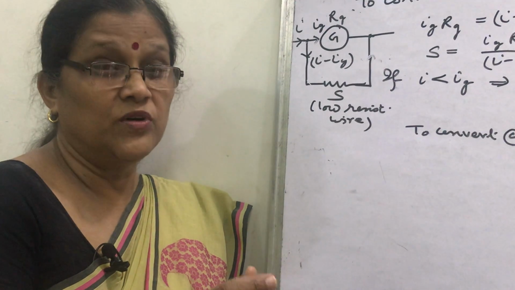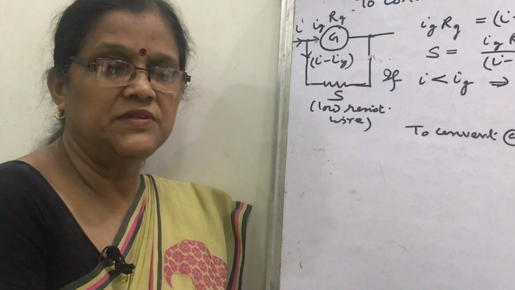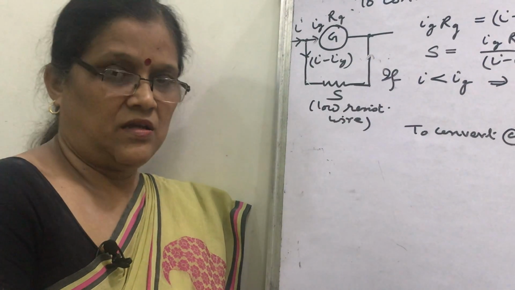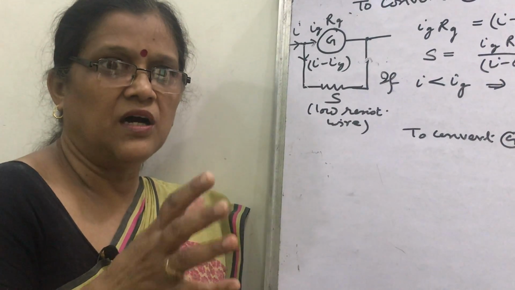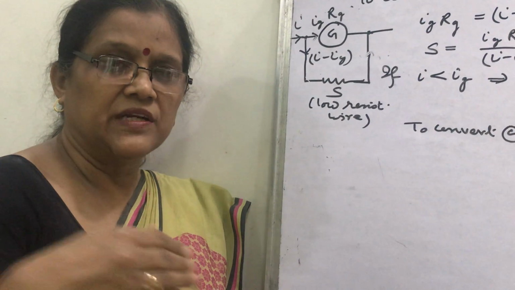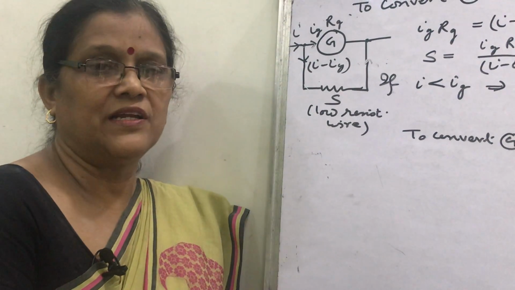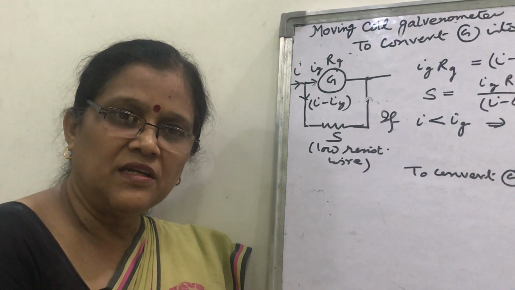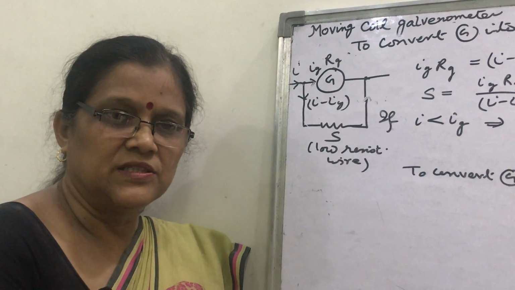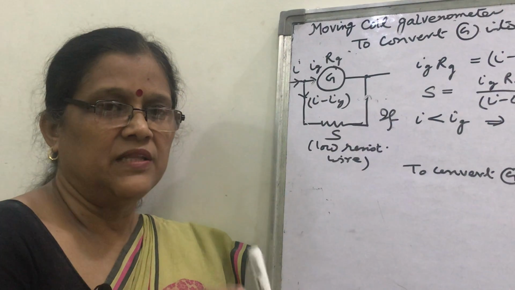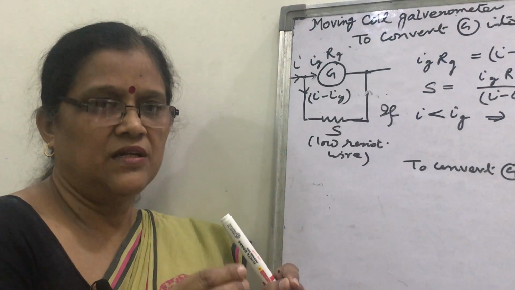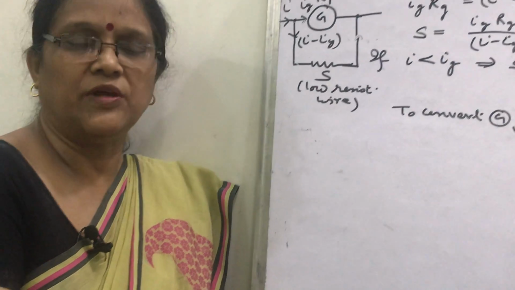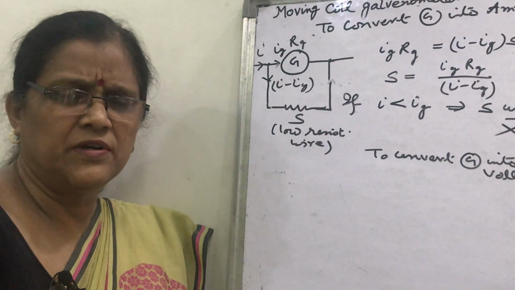Similarly, suppose a voltmeter is connected in series with a circuit. What will happen? The voltmeter already has a high resistance. If it is connected in series in a circuit, then the overall resistance of the circuit will increase, and the current will decrease. You cannot measure the accurate potential difference you want to measure because of the decreased value of current. These are Viva questions.